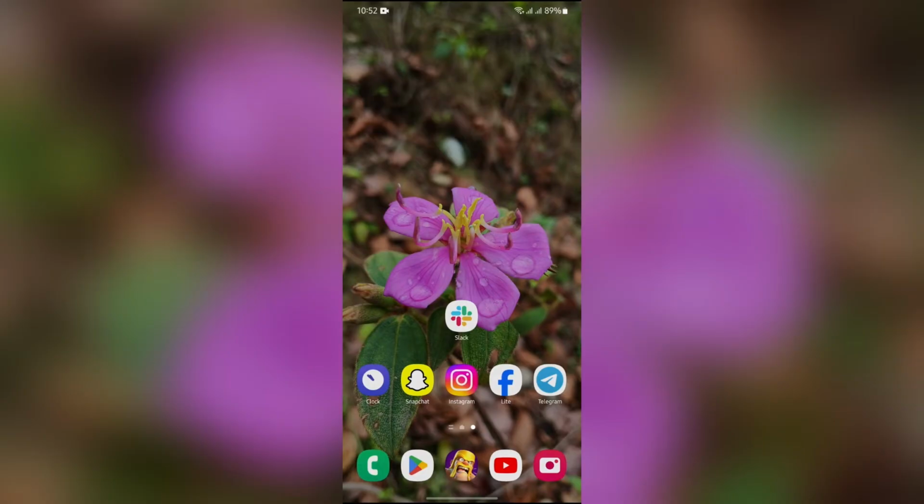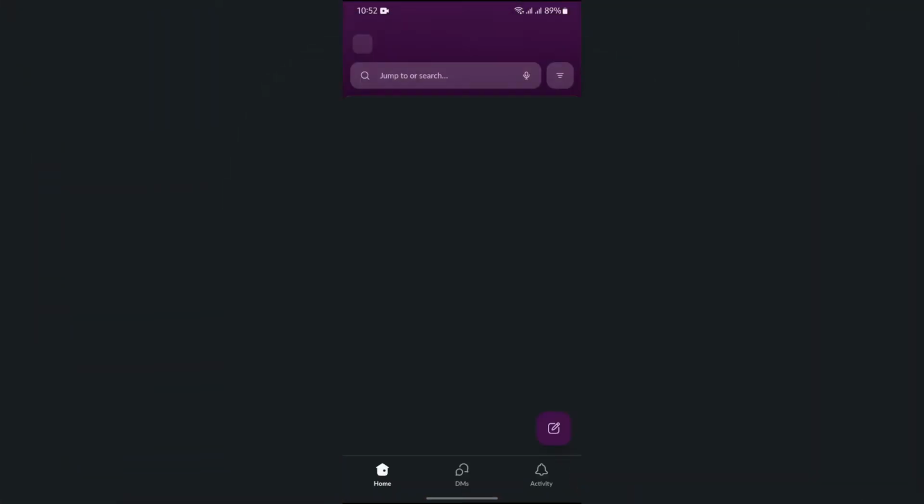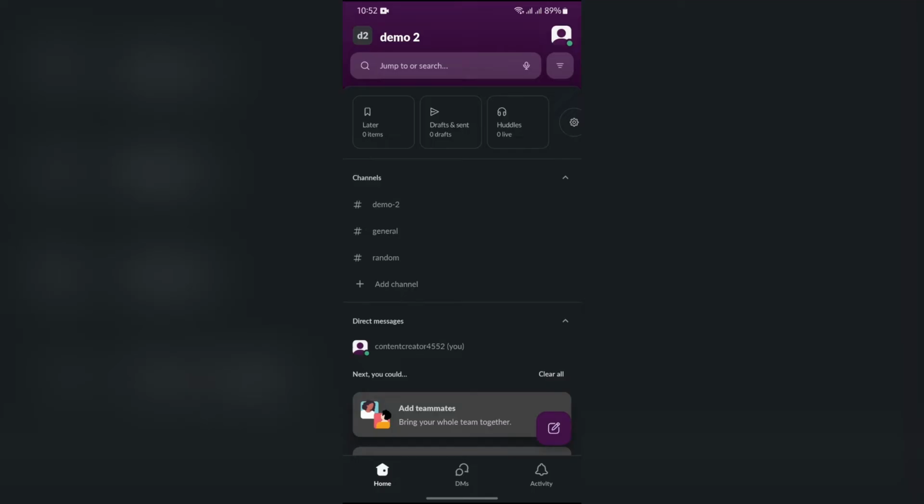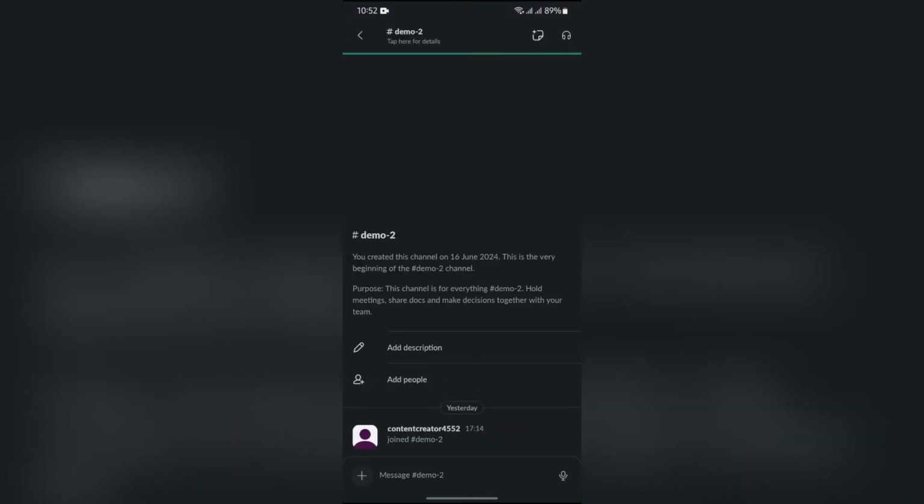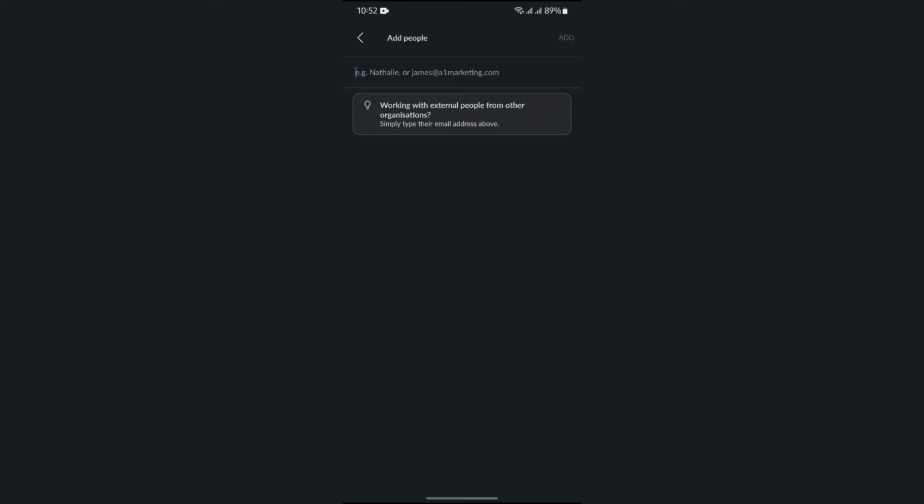Now, in order to add someone to your Slack channel, you just simply have to open your Slack application at first, and after that just simply open the channel where you want to add someone. I'm opening this demo channel of mine here, and after that you will directly get the option of add people here. Just simply tap on that add people option, and now just simply search the username or the